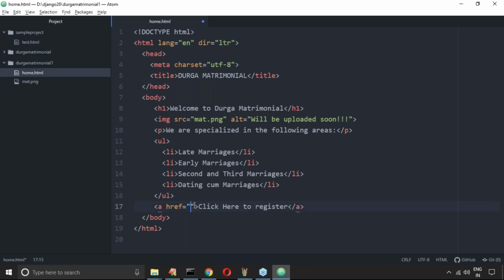Now I have to provide where this goes. If I click this, to which page will it go? You compulsorily need to define the target page. Remember this: I have to take the next page link. Is it possible to take a website URL? Yes, why not? Happily you can take it, no problem. But here let me define click here to register.